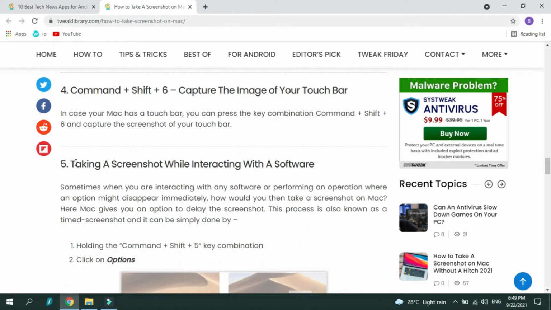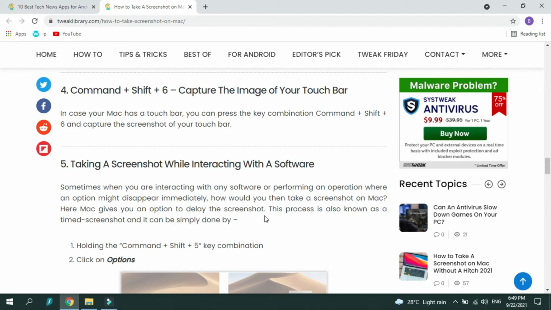Number 5, taking a screenshot while interacting with a software. Sometimes when you are interacting with any software or performing an operation where an option might disappear immediately, how would you then take a screenshot on Mac? Here Mac gives you an option to delay the screenshot.